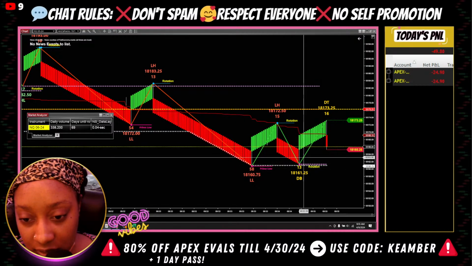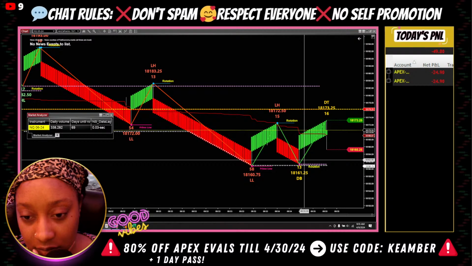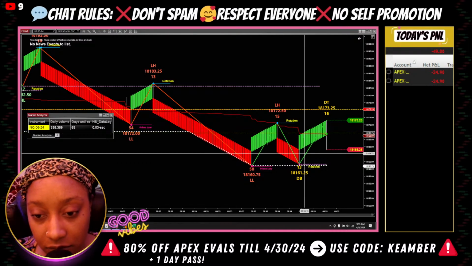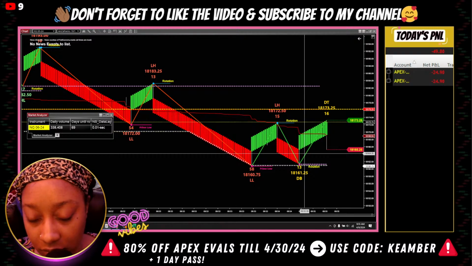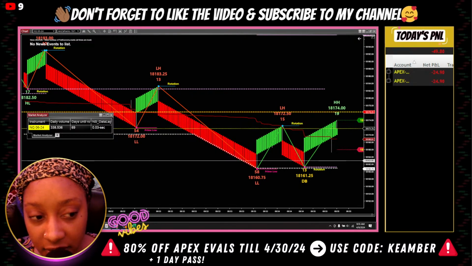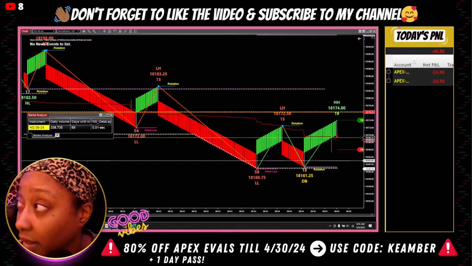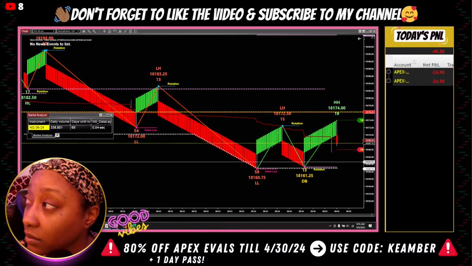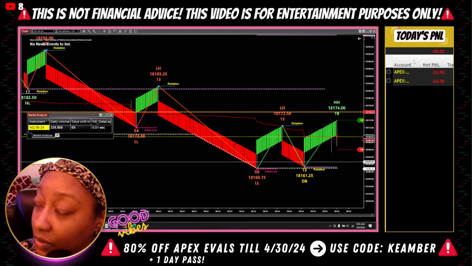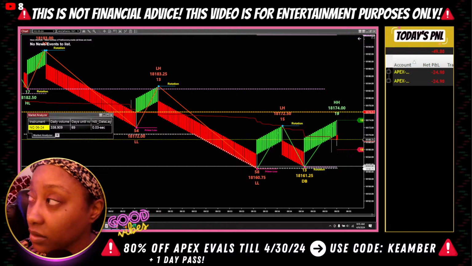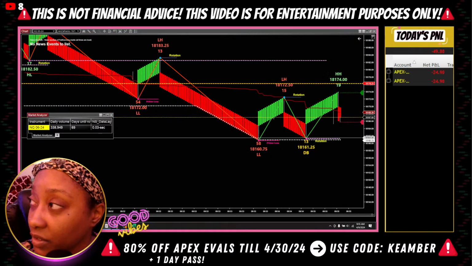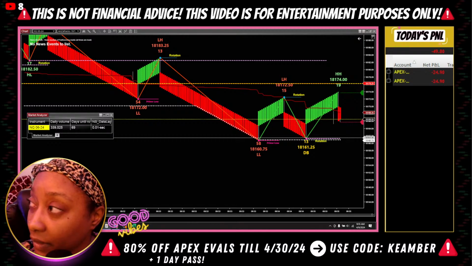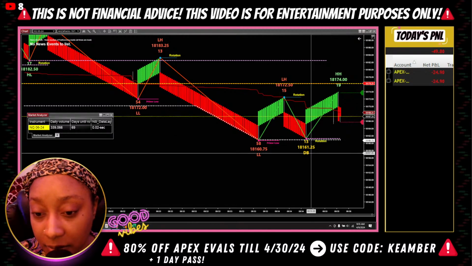Double bottom, double top. Let's see if the market drastically slows down after 10 o'clock. Got nothing else. Market was trading in a range to me between 400 and 250. Literally rejected and fell all the way under support. Now I'm waiting to see what support is going to set up now.